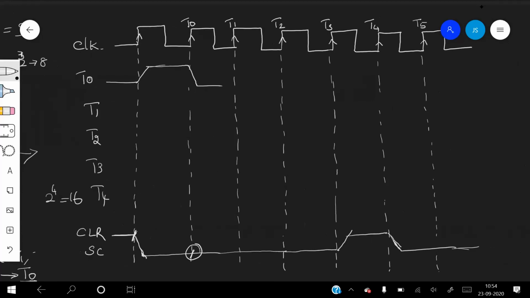So it is not cleared, it is incremented. The control signal generated is T0, and it gets incremented by 1, so T1 becomes active. In the next cycle, if you see T1, at this point the clear control is low, it's not active, so it gets incremented and you get T2.